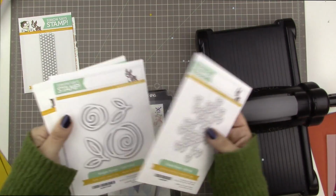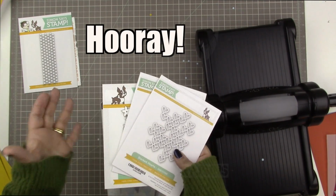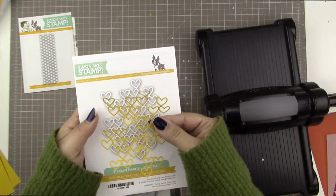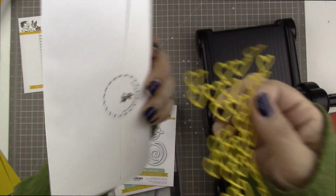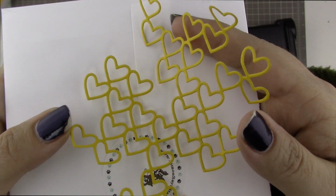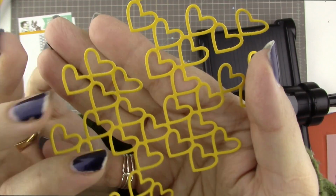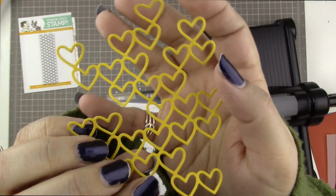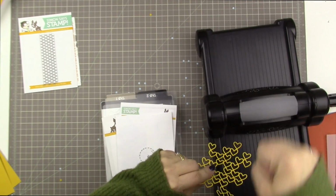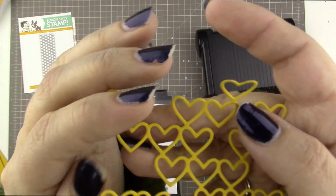So I bought these 3 dies and they all work fine. So I'm happy about that. This is how the heart die cuts out of Stampin' Up! cardstock. Nice, crisp. And I love a manual die cut piece. I actually like working with manual die cut pieces a lot more than I enjoy working with a Cameo. There's something kind of satisfying about rolling it out, but also it gives this really nice